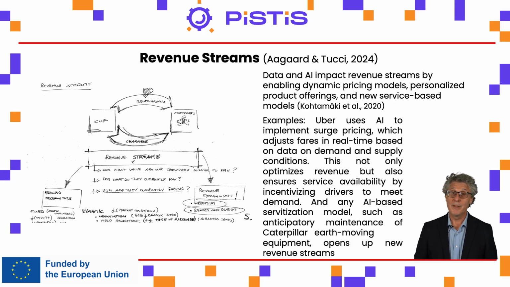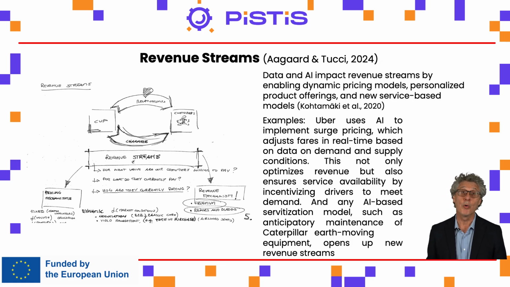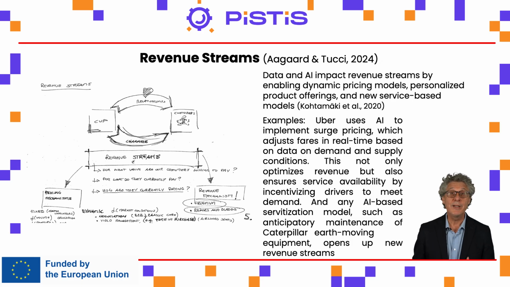So for example, when you go out to have ride sharing, such as Uber, they're looking at who's available, they're looking at who's driving, they're looking at how many people are getting on the app, and they're using AI to implement surge pricing. So if there are too many people that want to ride at the same time, they actually increase the price, which not only discourages a couple people from wanting the ride, but also encourages drivers to come on and provide more rides. So this adjusts fares in real time based on the data of demand and supply conditions. So this not only optimizes the revenue, but also ensures service availability by incentivizing the drivers to meet demand,